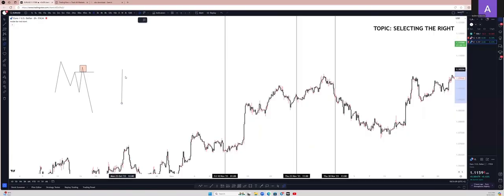So a liquidity run is a continuation. That is a run on liquidity. It's more or less like it is running away. A run on liquidity is more or less like a break of structure to the upside,